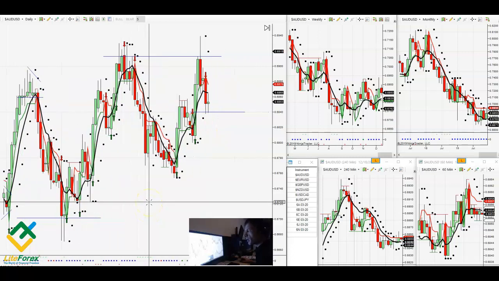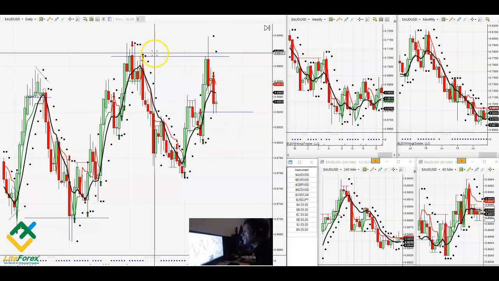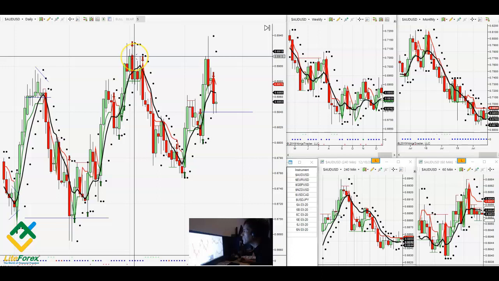I'm going to break down the major Forex pairs. So let's get going. Let's start with the Australian US dollar. And there's some major resistance around 69,